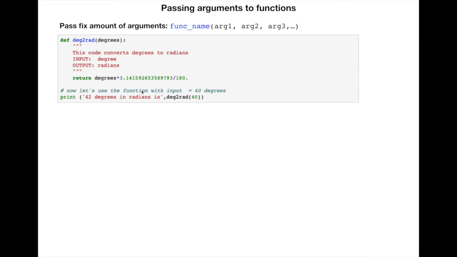So now let's use the function with input equals 40 degrees. So we print out 40 degrees in radians; we call the degree to rad function and convert 40. This code first evaluates degree to rad of 40, then returns the value in radians, and then prints it out as a string, right? If you look at the results, it tells you 40 degrees in radians is about 0.69